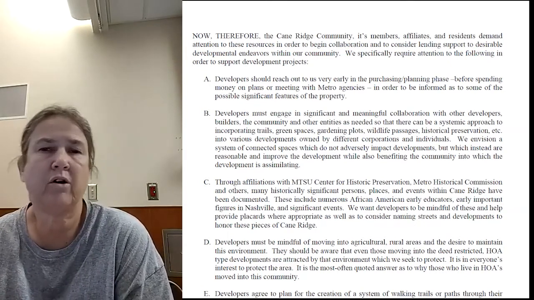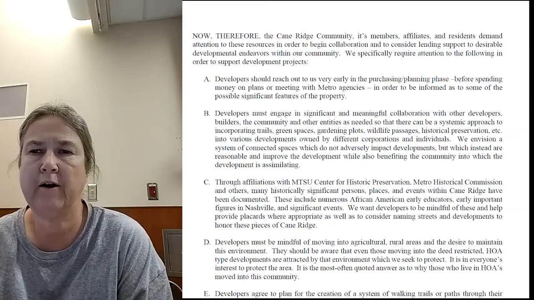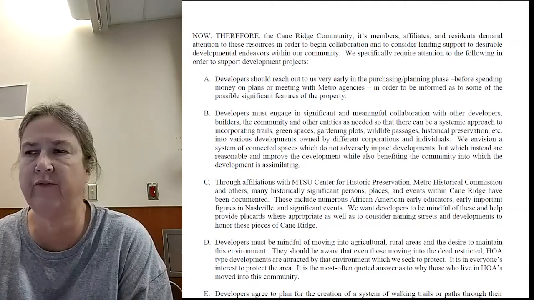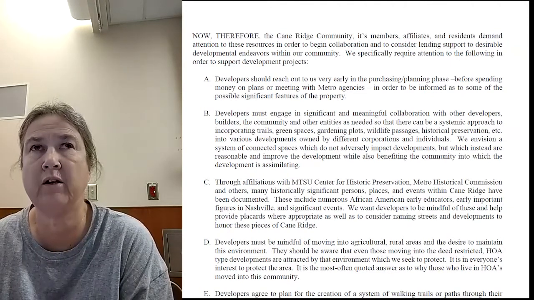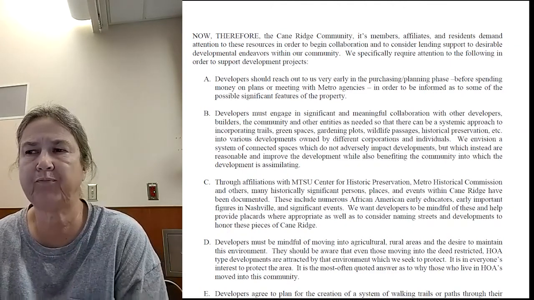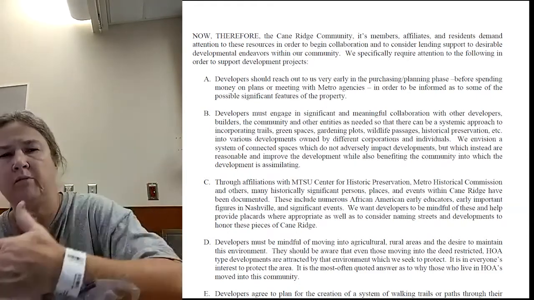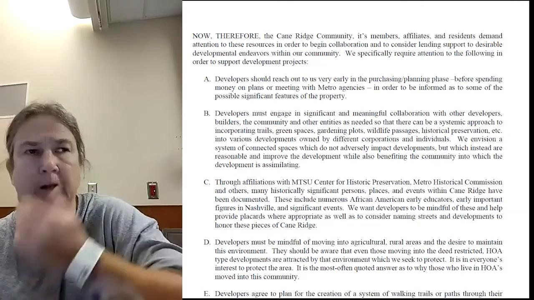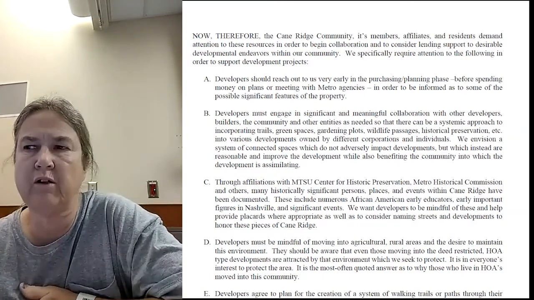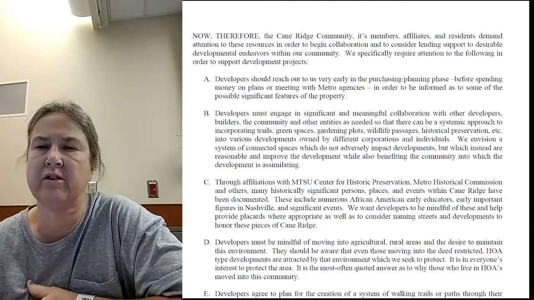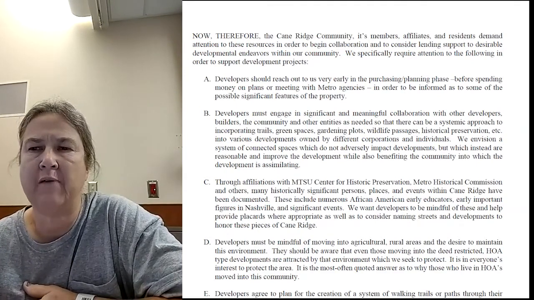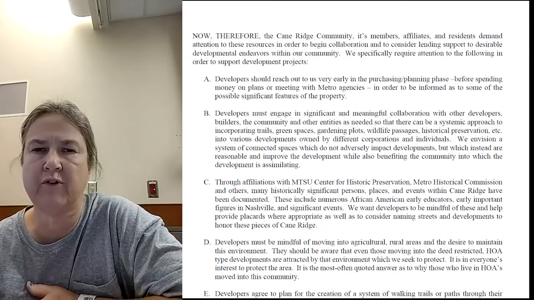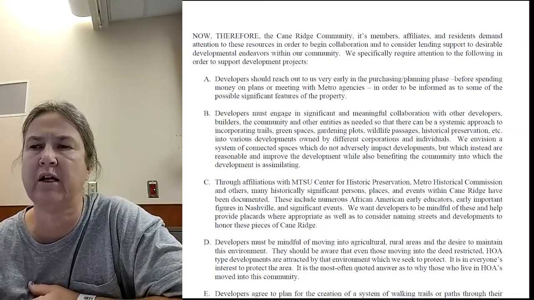We want them to talk to other developers. And this has been important for a couple of adjacent developments. They've been able to incorporate walking trails that went from one development into the adjacent one in a way that has worked really well. And you end up with something that looks really nicely planned instead of something that looks haphazardly put together. There's just an enormous difference in something that looks planned and something that isn't.